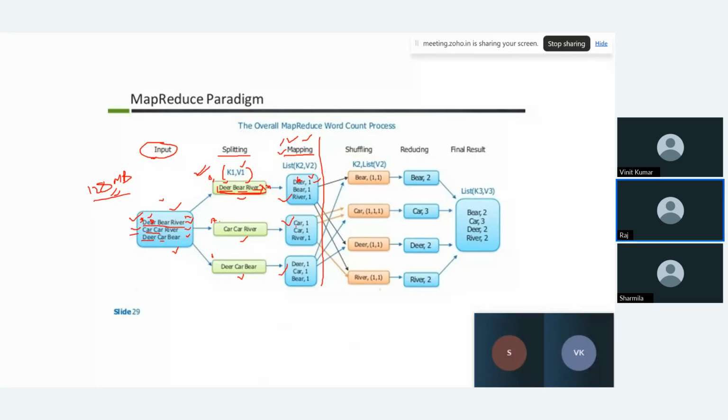So that's why we are just putting it as 1 1 1 1. This is our optimized version of coding. Okay. So this list of k2 comma v2 is going to be the output of my mapper. Then it will go to the reducer. Now before going to the reducer,